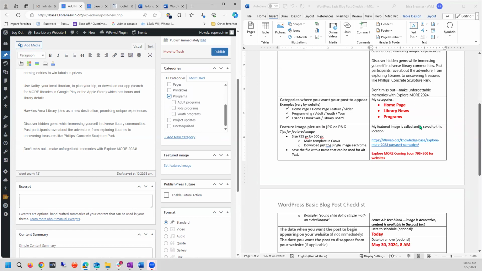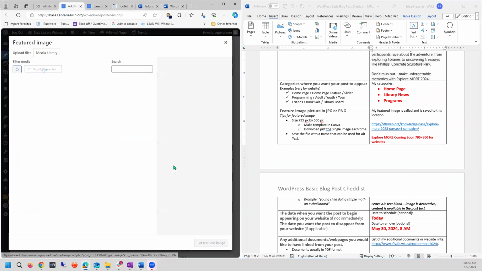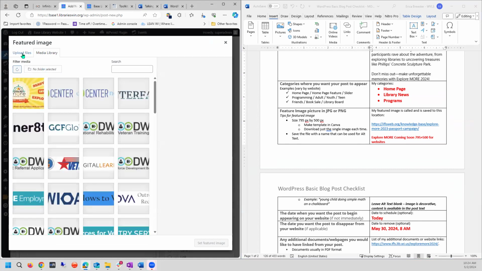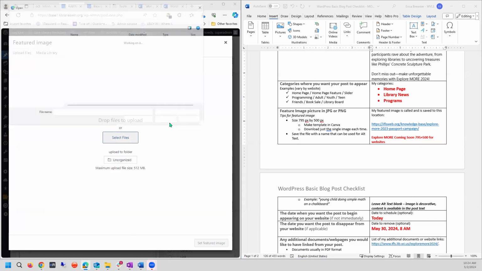Next, I have my featured image. So there's my featured image, reminding me that I already got it from somewhere and I've downloaded it to my downloads folder. So I am going to set my featured image. Now, my media library is already going to have it in here because I did this yesterday, but I'm going to walk through upload file, select file,